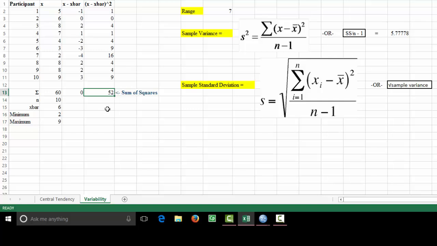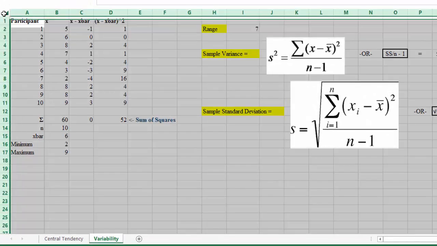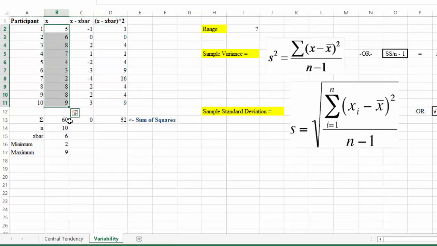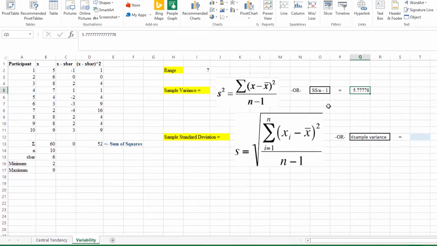You can actually set up these worksheets to use cell references so that you can select this entire thing, paste it into a new sheet right down here, change these raw scores, and everything will update for you. So here, for example, for sample variance, we know the sum of squares is in cell D13 over n. N is in cell B14 minus 1. So we know that our sample variance is